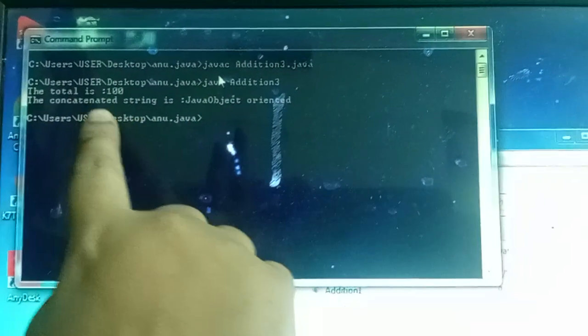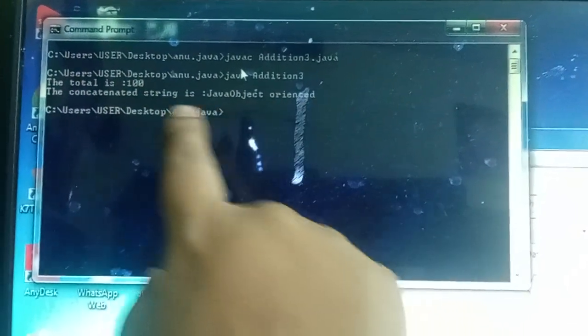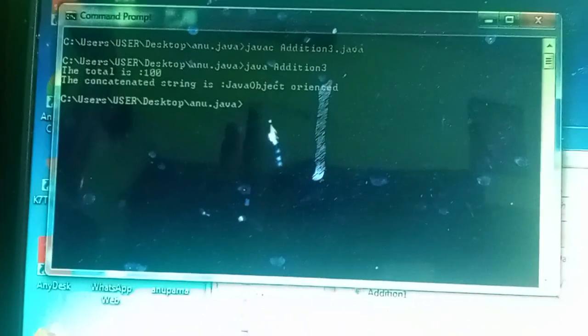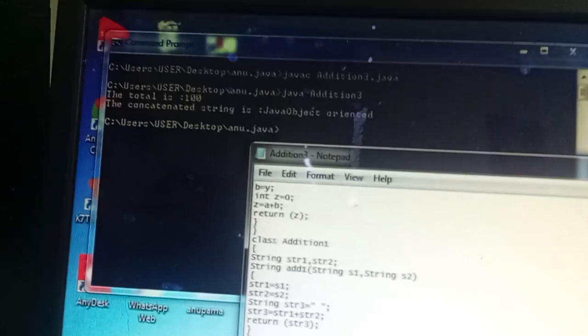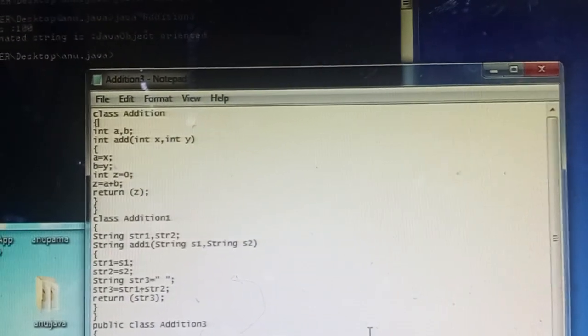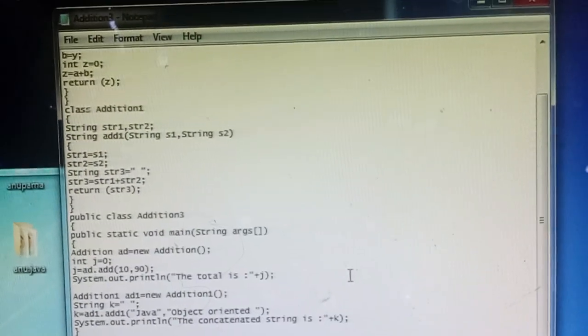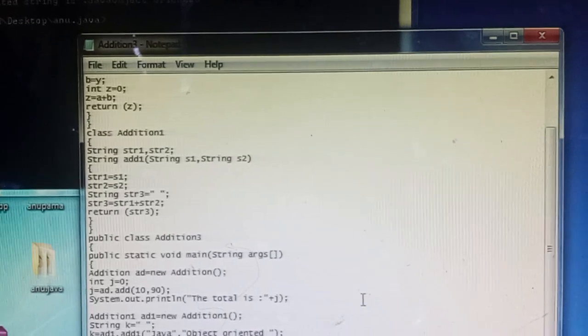So the total is 100, and this is what we have given. Let us see whether it is correct or not. In the first class, we specified 90 and 10 for the addition class. 90 plus 10 is 100.